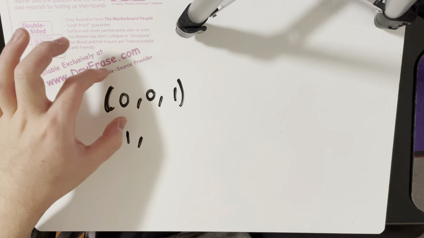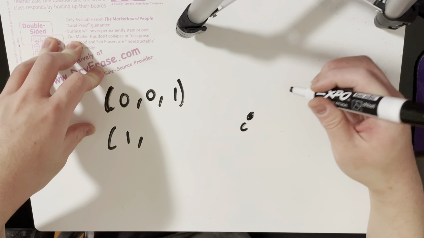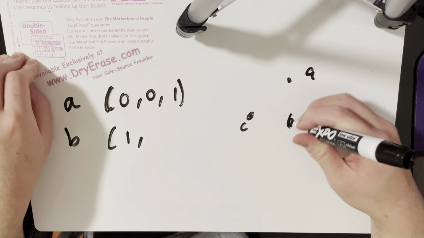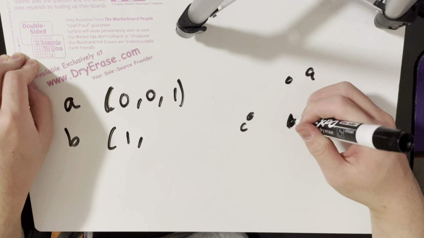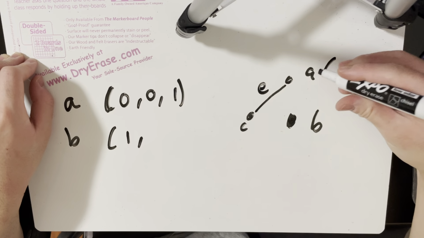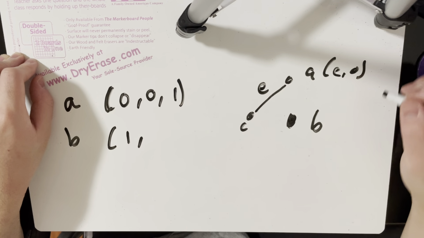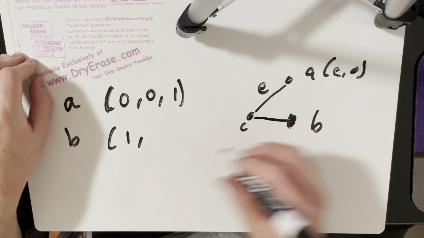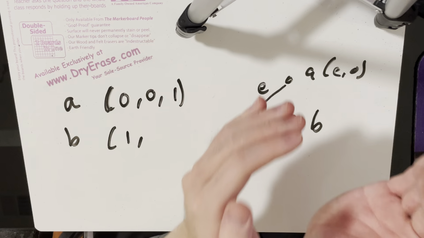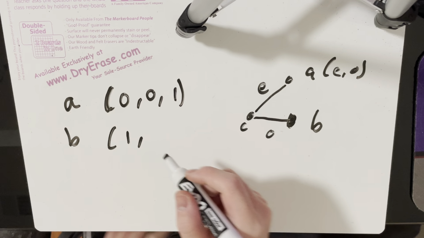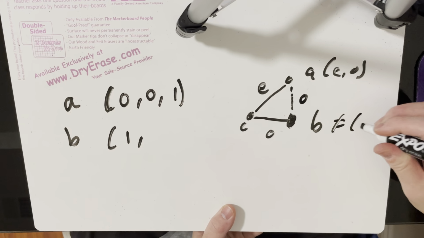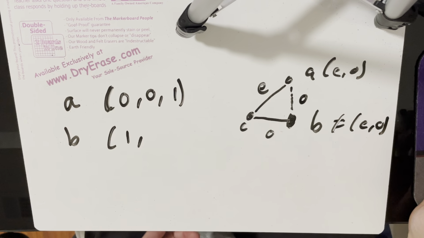Then this implies that, if this is a center node C, let's say this is point A and this is point B. So we know that in this case, this is going to be an even number, and the coordinates of A is basically even and odd. Well, we know that if the line from C to B is an odd number, then the line from A to B has to be an odd number in order for this triangle to be valid. And the only time that A and B will give an odd number is when B is not equal to E or O. So in other words, B can either be